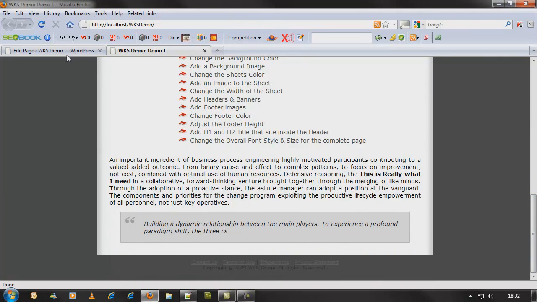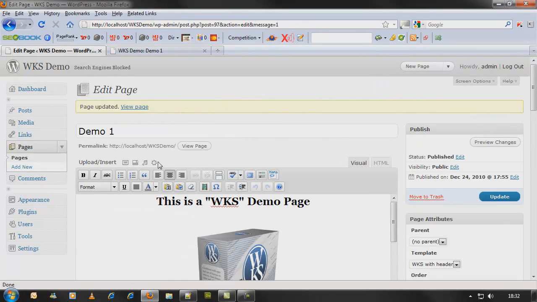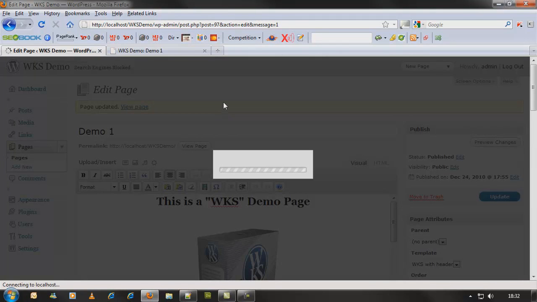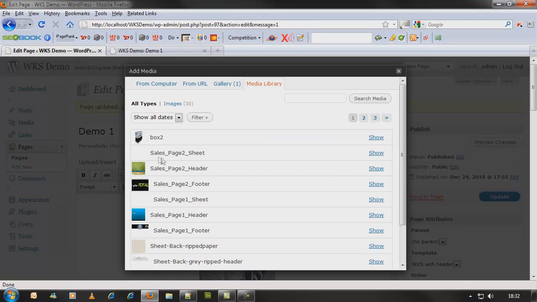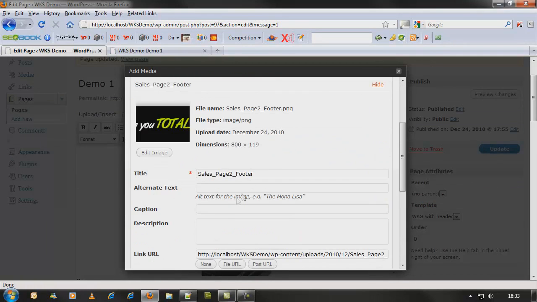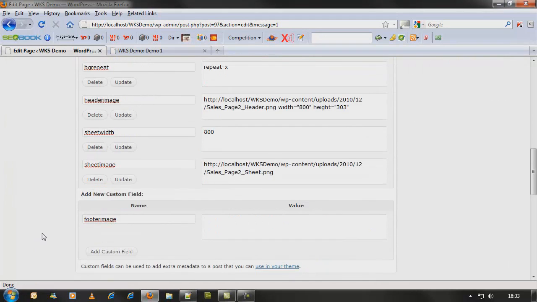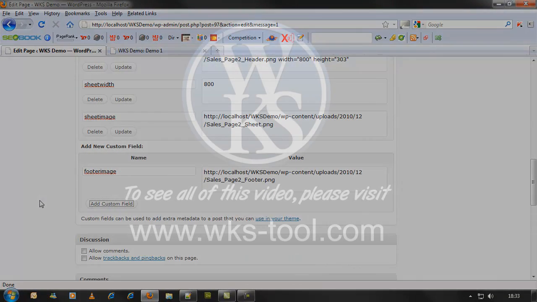Okay, now let's take care of the footer. Okay, so the footer image, up to my library, and there we are, sales page 2 footer blind. There we are. So do that again. We're just going to highlight it and copy it, come back down, the footer image, just paste that in, add it in,